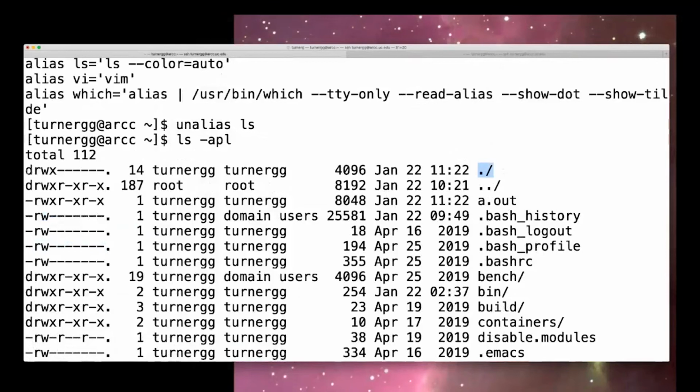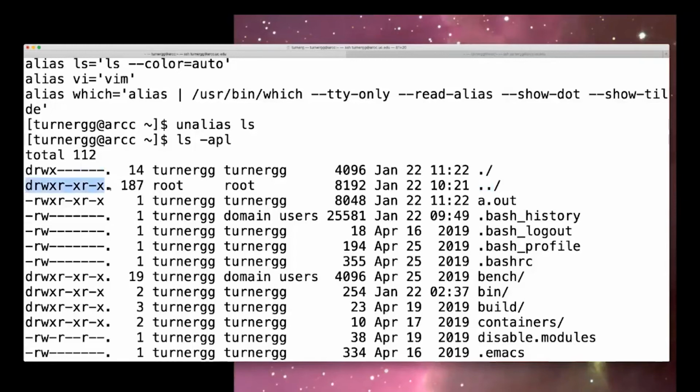So the rest of the world cannot see into my home directory because the world, the last triplet, does not have execute permission. Now, I have not mentioned dot dot before, but dot dot is the directory above you. So I'm sitting in home slash Turner GG, and the directory above me is slash home. Now, if you look at slash home,